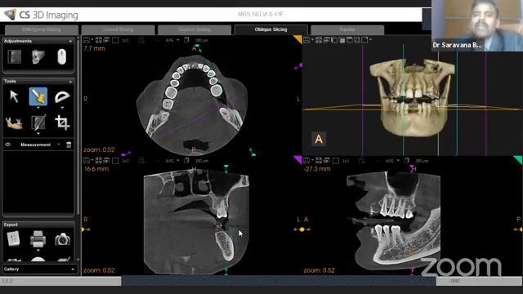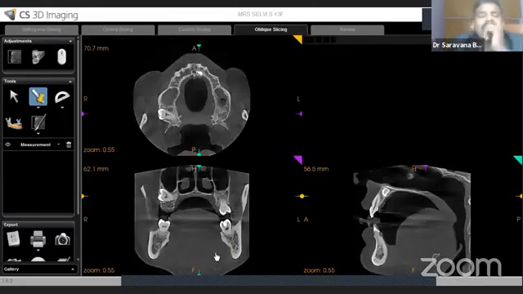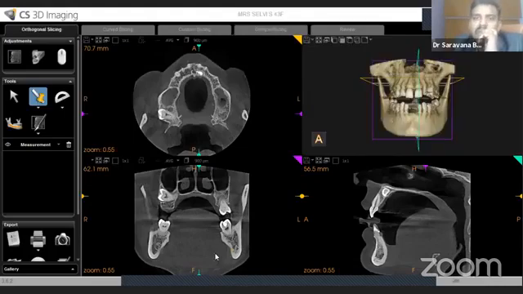Okay, so I'm not going to make you confused. This is about the basic concept of viewing software slices. Orthogonal and curved slicing will be more than sufficient. There are a lot of options. This is adjustment, this is MPR adjustment, that is how to increase the contrast and decrease the contrast.